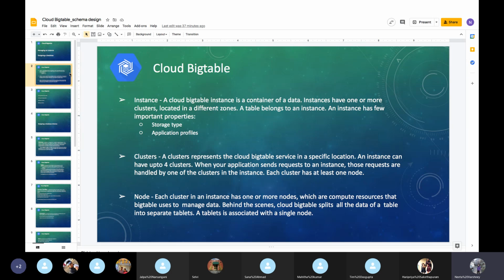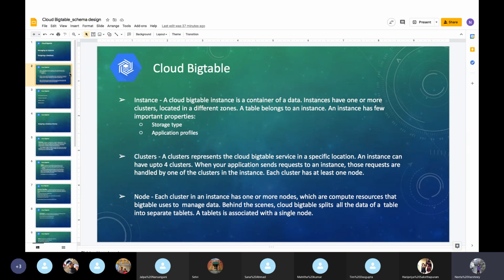Let's assume we have a table in our instance, and I give it a query to run. That instance will ask a cluster to find this table and run this particular query. The cluster will send a request to a node, and that particular node will work on that query.